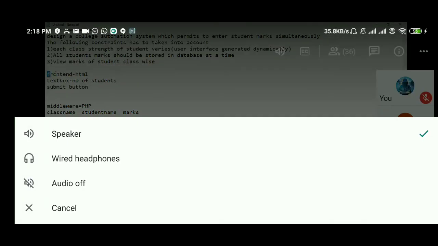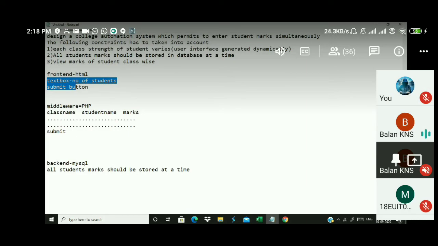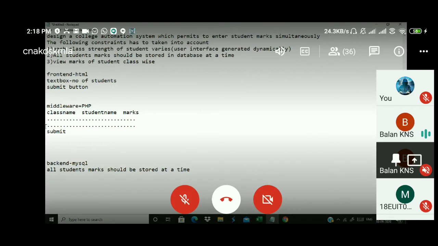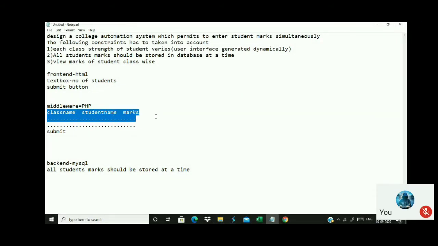In the front end HTML, I'm going to have only one text box, and in the middleware I grab that value and create this kind of interface. So, three lines of code. Now in the backend, I'm going to store this data. I'll tell you how to store all this data together.